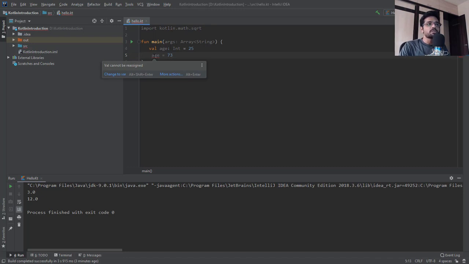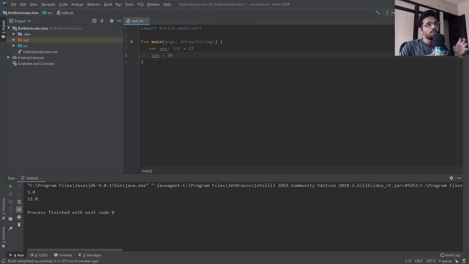Constants can be used in scenarios where you don't want your variable's value to change in the future. For example, the value of pi can be declared as a constant. And if you know that your variable's value will change from time to time or it is the requirement of your program, then you should go for the var keyword and you declare it like this. And as you can see here, you can change the value of a variable as and when required. You just have to simply reassign it to a new number.